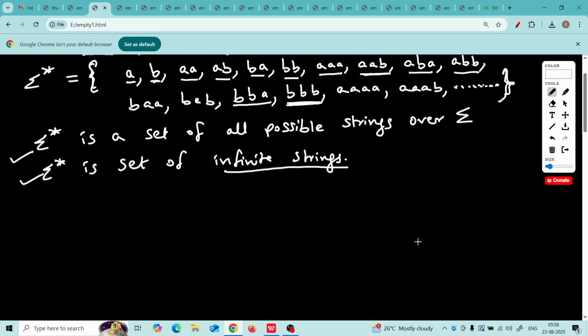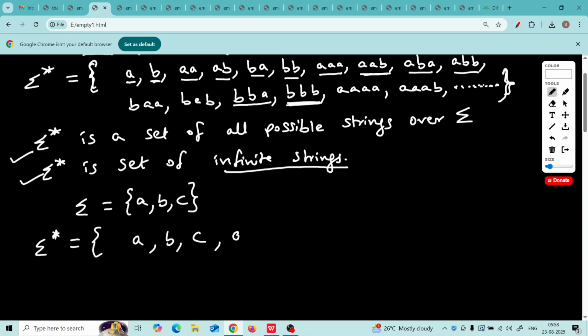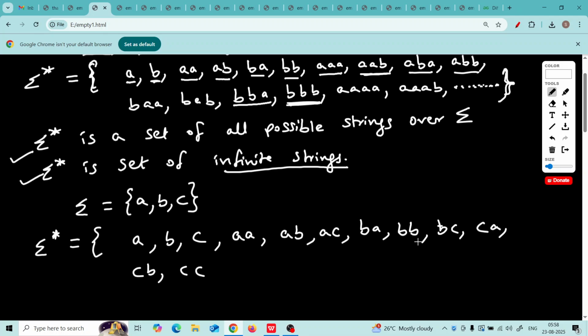So, if I give you sigma, let's say sigma as A, B, C. Now there are three alphabets. Then what will be sigma star? Sigma star will be A, B, C, single letter, then AA, then it can be AB, then AC, then it can be BA, BB, BC, then it can be CA, CB, CC.